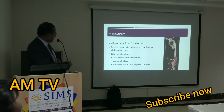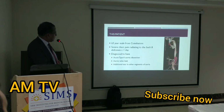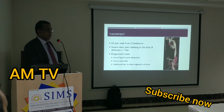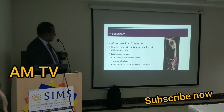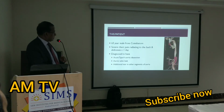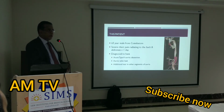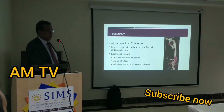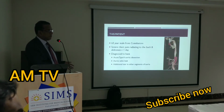Now this is the patient who came to us. Actually, he had chest pain, in the abdomen, in the stomach. It was in Coimbatore, and they could not diagnose it initially. He could not move his leg. He had problem in walking and pain. So they did a scan only of the lower part of the body. So the moment they told me from Coimbatore that the patient was referred here,